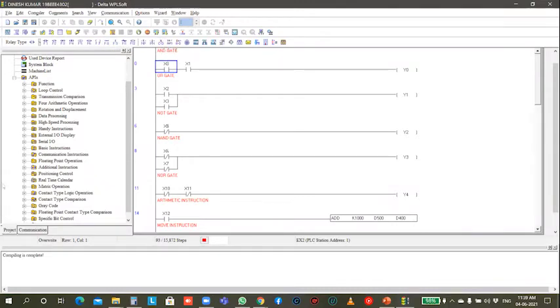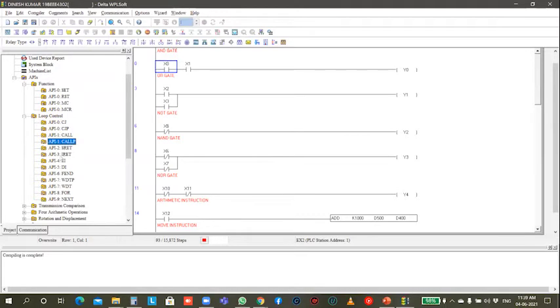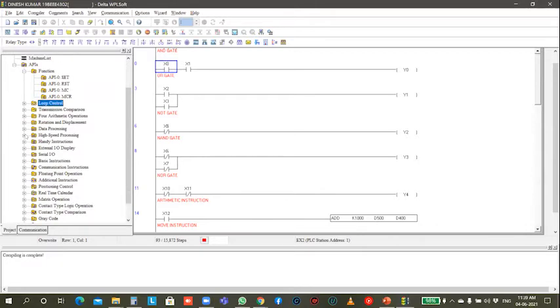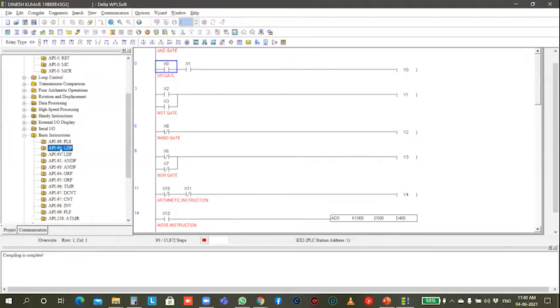Okay, now we can see the functions on the left side. That means API functions: set instruction, reset instruction, MC instruction, MCR, master control relays. This is a control loop. Here you can see the arithmetic instructions of addition, subtraction, double addition, double subtraction. And the other basic instructions we are using are move instruction and compare instruction, etc. We're going to see about this in the basic tutorial classes. In basic instructions, you can see the triggering switches and OR gate switches, etc.